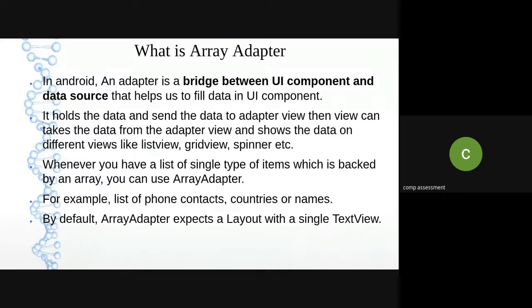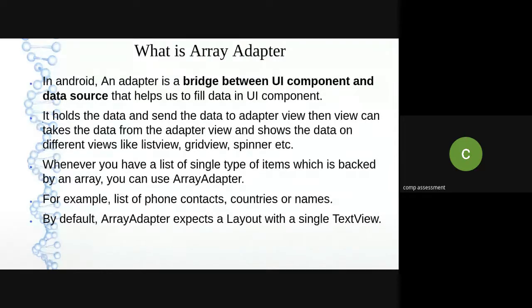So I can use my array adapter with spinner, grid view, or list view. Depending on your application, you can choose the widget. Now in this particular assignment, we have selected a spinner, right? So by using array adapter, we are trying to link. My array adapter will link these values with the view group. We have already seen what is view group, then view. View group is your base class. In that, whatever object you are adding will be considered as a view, right? So with an adapter, it will make the linking of your data with the view.